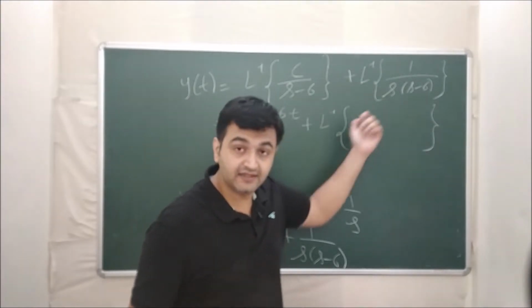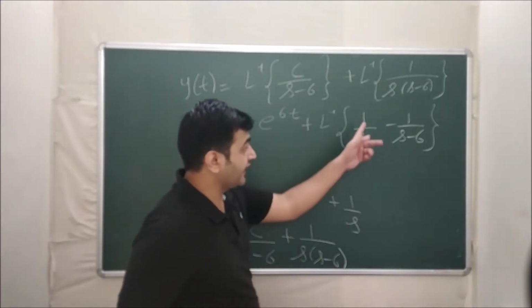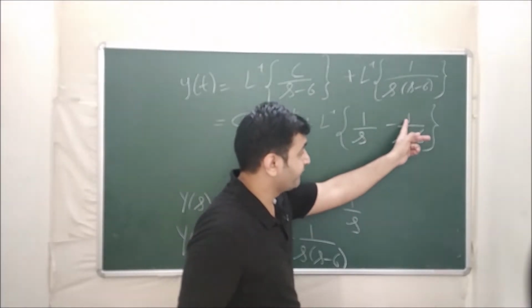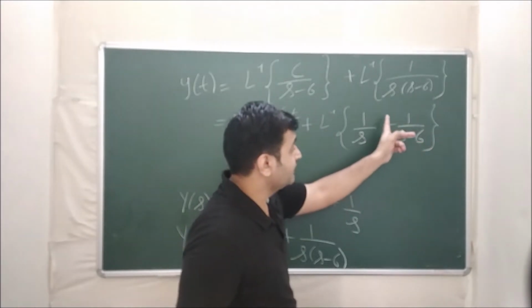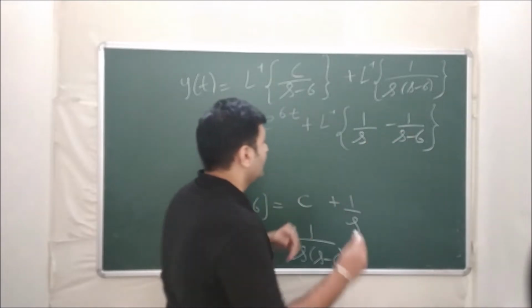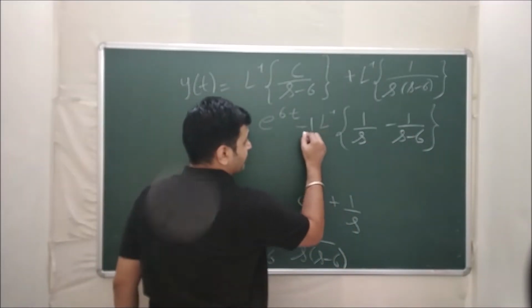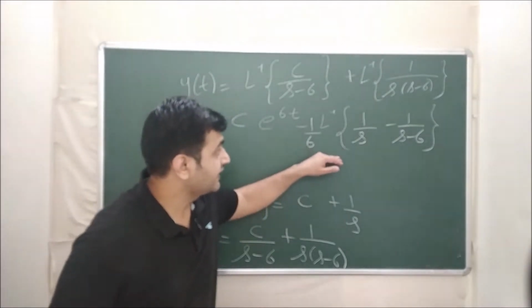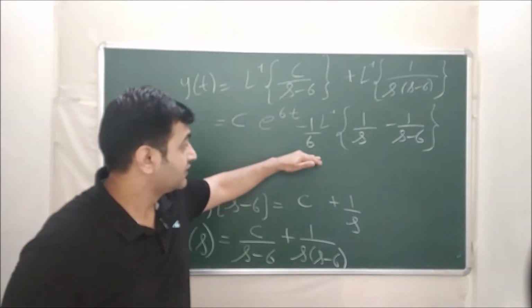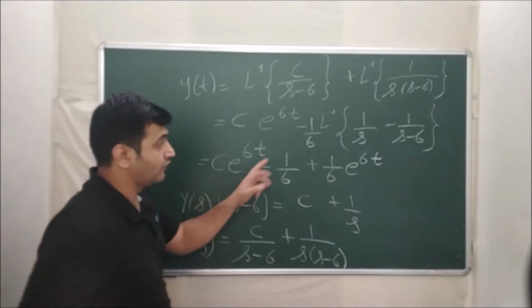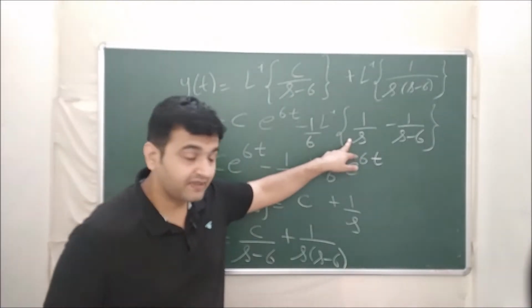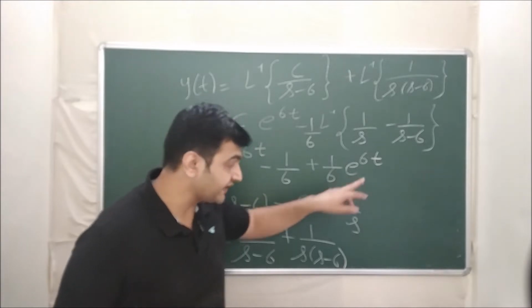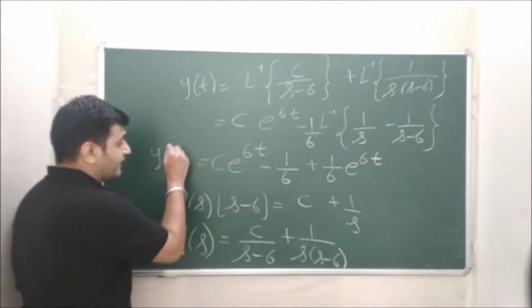So you can rewrite this as 1 upon s times (s minus 6) equals 1 by s minus 1 by s minus 6, adjusted by minus 1 by 6. If I do the cross multiplication, my s will get cancelled and only minus 6 will remain in the numerator, so I adjust it by minus 1 by 6. If I solve this, I get the same expression again as the answer. Now solving this, Laplace inverse of 1 by s is 1, and Laplace inverse of 1 upon s minus 6 is e raised to 6t. So this is the y of t we get.